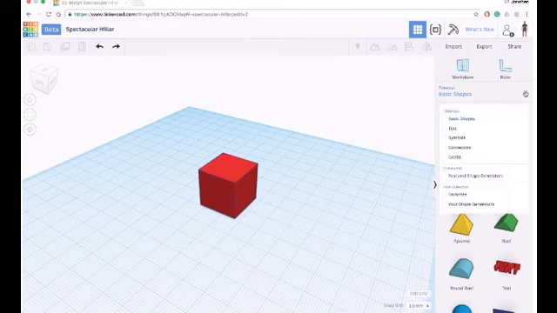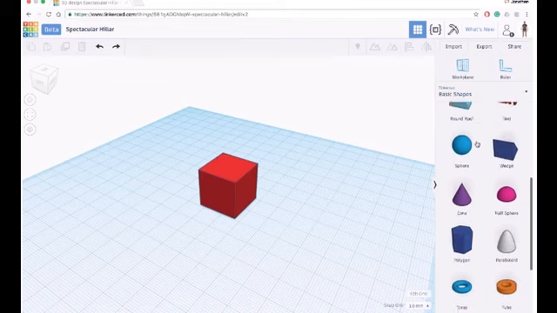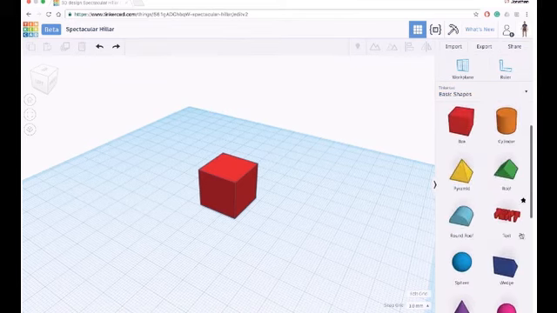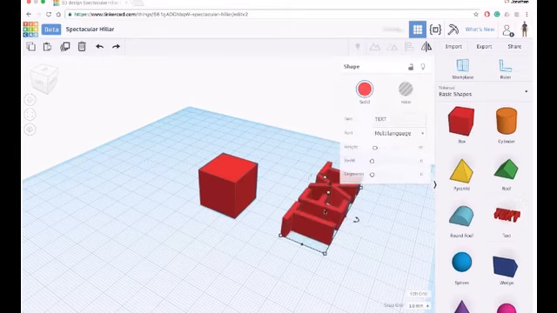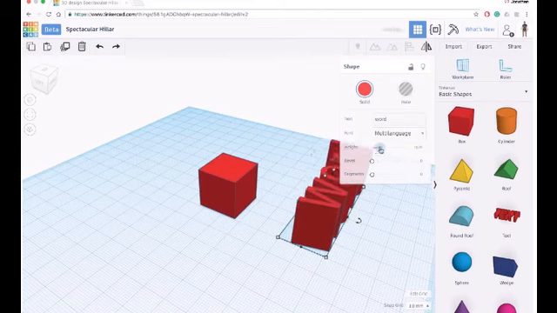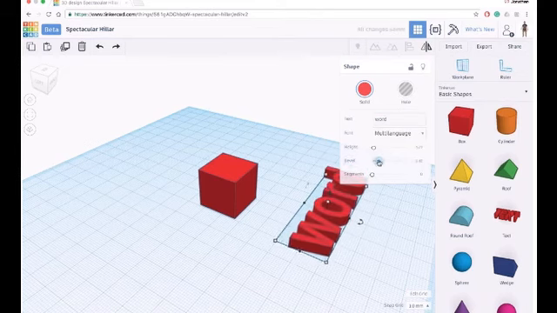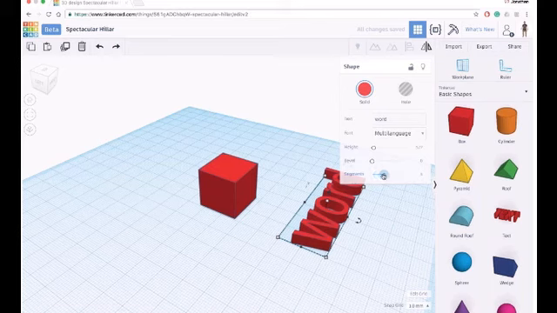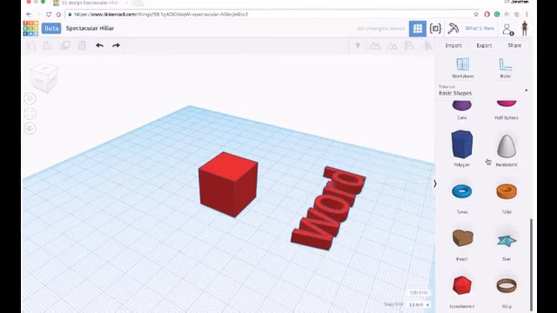And then under basic shapes, these are all the things that are the most used. So you can do text, for example. This just says text. But if you fill in here, you can change the word. And you can do uppercase, lowercase. You can change the height, bevel, segments. Lots of different options there for text.